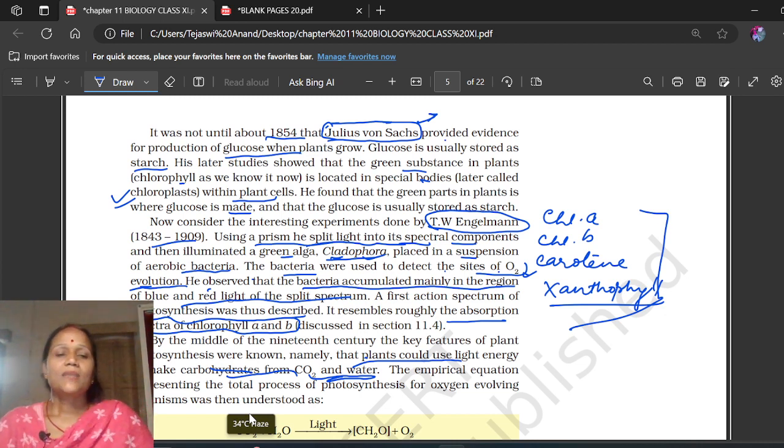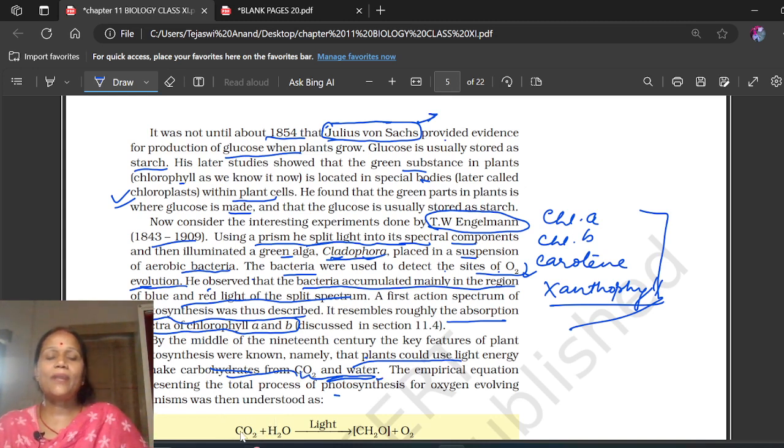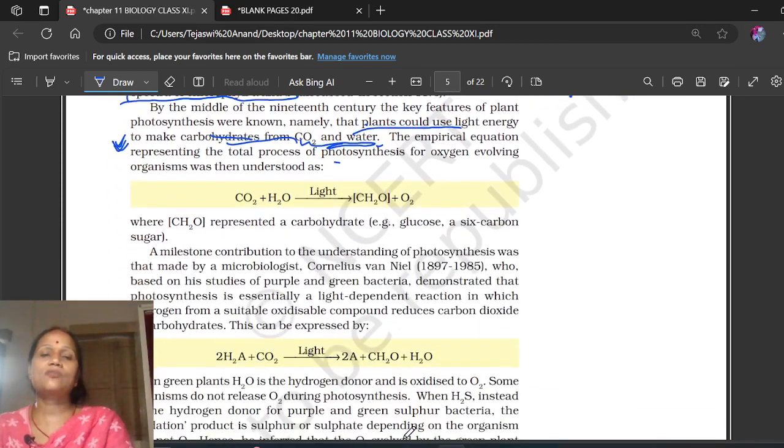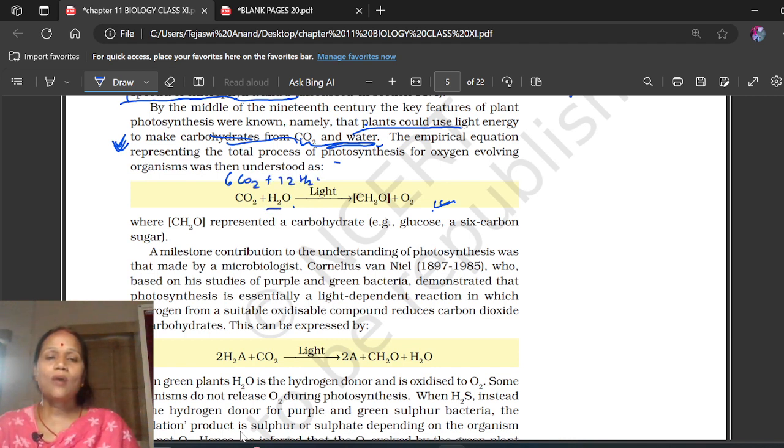इंगलमैन के द्वारा, कि कार्बोहाइड्रेट्स जो है वो कार्बन डाइऑक्साइड और वाटर के कॉम्बिनेशन से बन रहा है, और इसका एम्पिरिकल इक्वेशन जो है ये डाला गया CO2 प्लस H2O. हियर जब हम यहाँ पर 6 CO2 प्लस H2O डालते हैं तो CH2O plus O2, this is the important reaction, and on the basis of this reaction when you put here 6 CO2 and you put here 12 H2O कर दीजिए, तो आपका जो फोटोसिंथेसिस का है इक्वेशन वो बन जाएगा